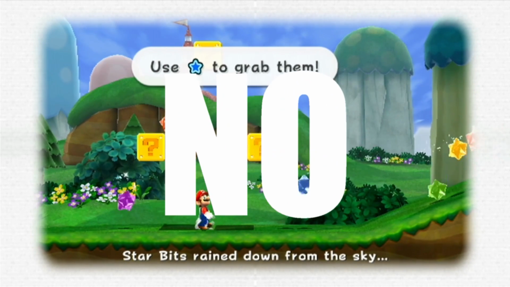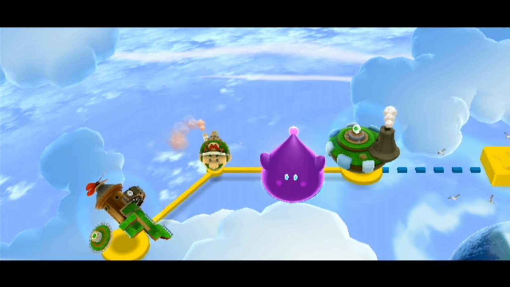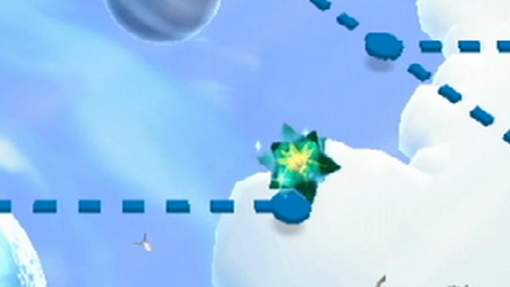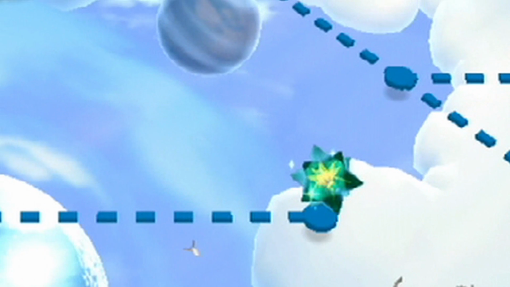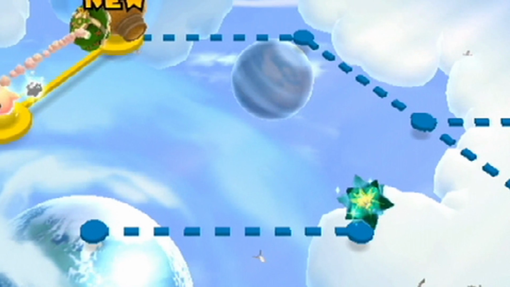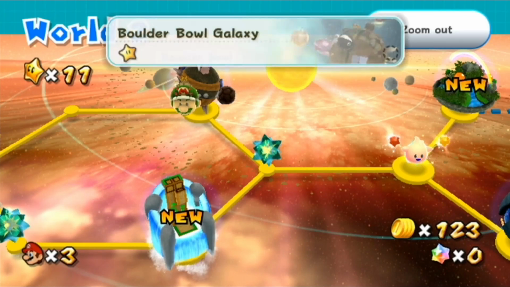Or maybe just no. Do world maps normally count in this type of challenge? Because here's the thing. The world map in Super Mario Galaxy 2 has these giant star bit clusters on it that give you 8 star bits when you run into them. Most of them are on optional branching paths. But there's one